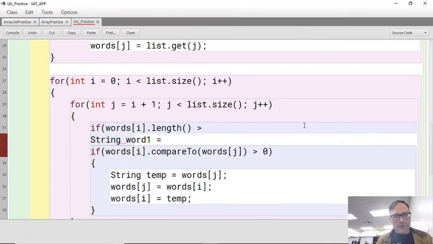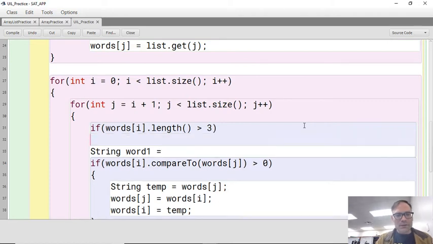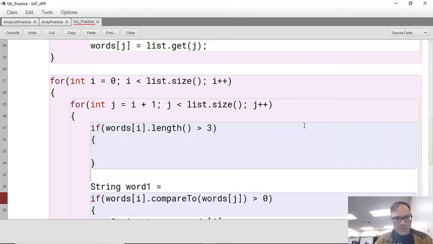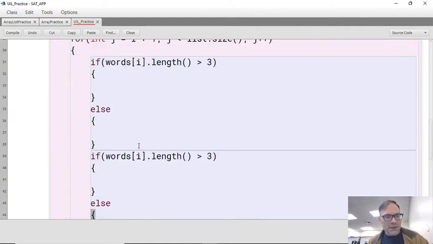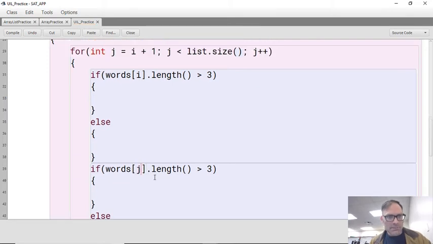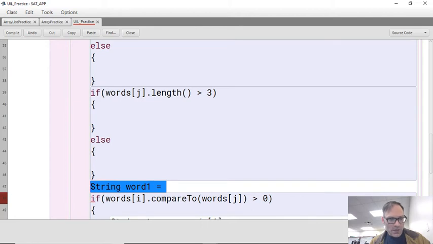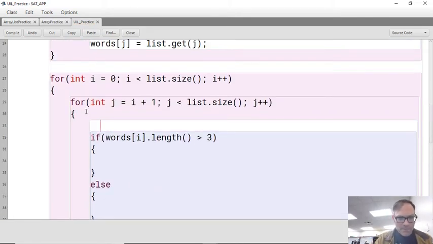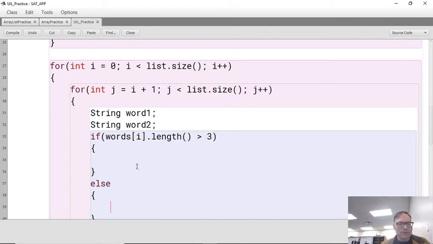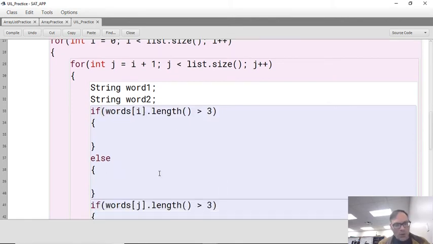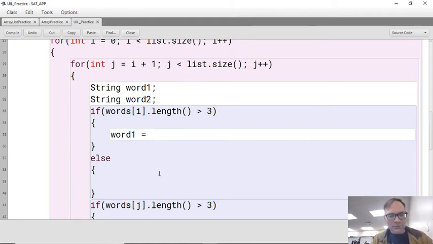So if length is greater than 3, if word's length is greater than 3, then we want to do this. Else we want to do this. And then here, we're going to do the same thing, but with J. Okay. And here, we're just going to get that up and string word 1. Okay, and so we are just creating the variable here, and we're going to define the variable within this if statement. So if it is greater than 3, well, all we have to do is say word 1 is equal to